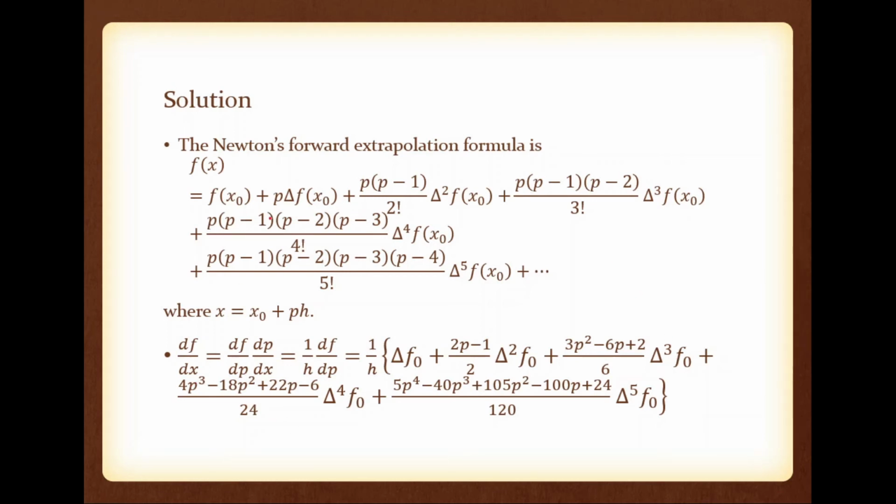This is p into p minus 1 into p minus 2 into p minus 3. Where p into p minus 1 into p minus 2, that is this particular one, and we already said that is p cube, its coefficient is 1, minus 3p square plus 2. Once 0 is there, we can conveniently remove that. There is no need to write that 0 there. Later we can add that. So that is p into p minus 1 into p minus 2 into p minus 3. P minus 3 means 1 minus 3.